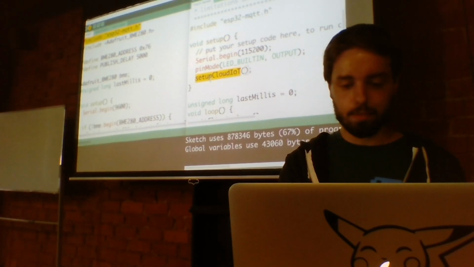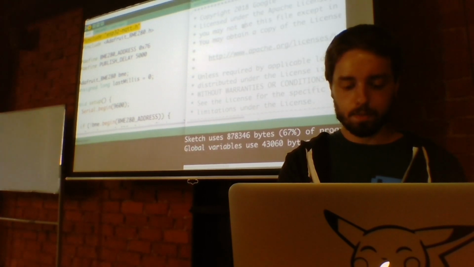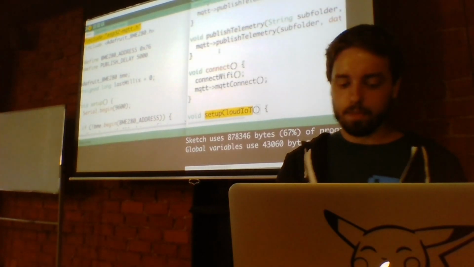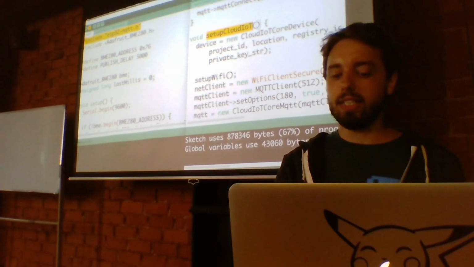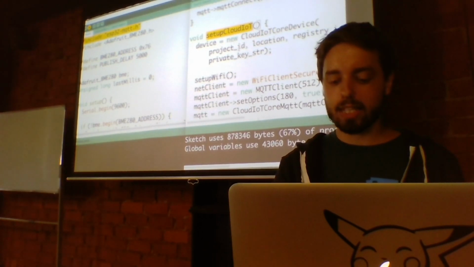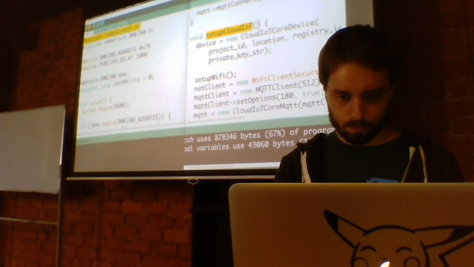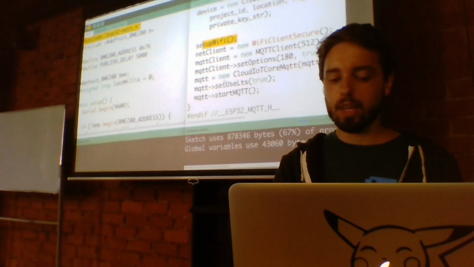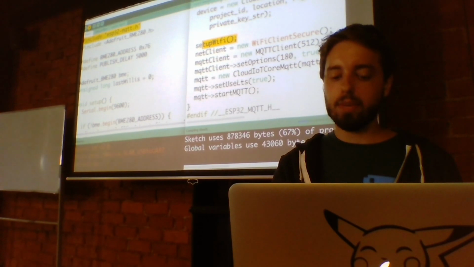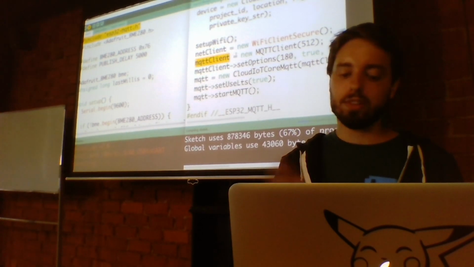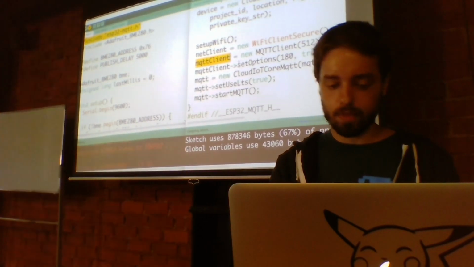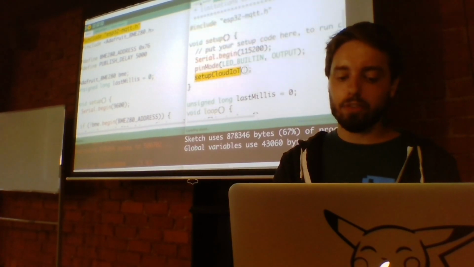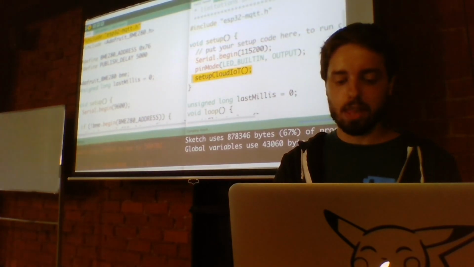We can see the implementation. It will create a device using your Google Cloud Project ID, and then it will set up the Wi-Fi on the microcontroller. Finally, it will set up an MQTT client to send messages to Cloud IoT Core. The code is already written for you. What you only have to do is just call that method, setupCloudIoT.